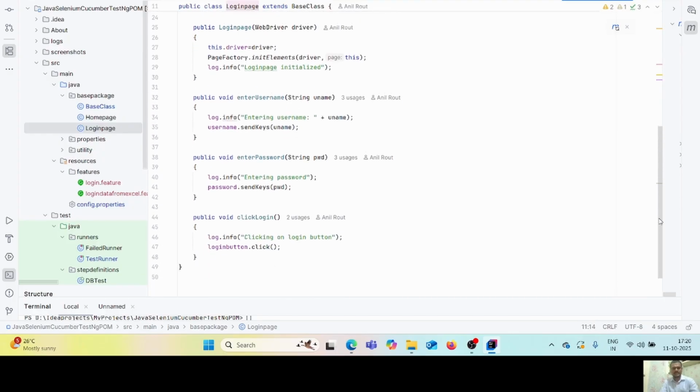Public LoginPage(WebDriver driver) { this.driver = driver; PageFactory.initElements(driver, this); log.info("LoginPage initialized"); } Public void enterUsername(String uname) { log.info("Entering username"); username.sendKeys(uname); } Public void enterPassword(String pwd) { log.info("Entering password"); password.sendKeys(pwd); } Public void clickLogin() { log.info("Clicking on login button"); loginButton.click(); }